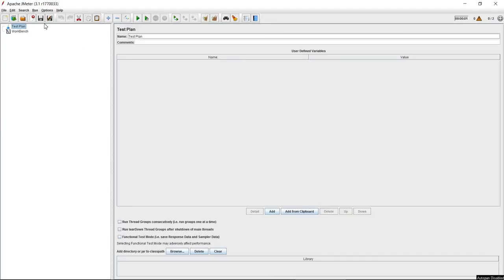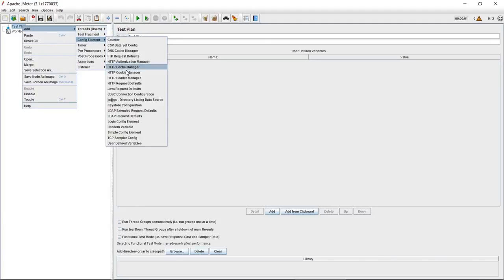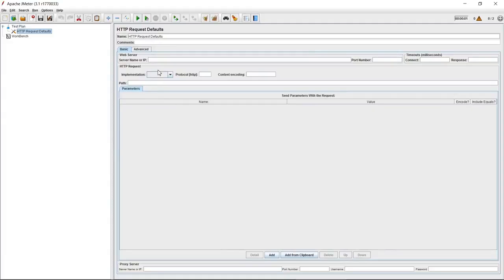HTTP request defaults set the default values that HTTP servers use. The main goal of using the HTTP request default config element is to avoid data duplication in tests and make test plans easily maintainable. Let's make a simple demo test plan. Let's add the HTTP request default config element to the test plan. And in the server name field of the HTTP request default, let's enter the URL of the BlazeMeter demo site,